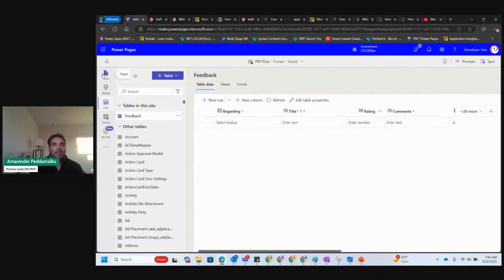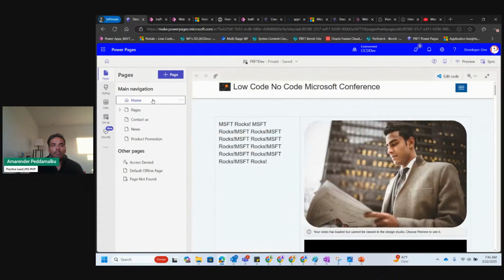So that's the reason I always recommend people to have at least 2 environments. That way you can make your changes in the dev environment and take those changes to the production environment. So again, you can deploy things through solutions and different command line interfaces, but sync is not to sync your changes that you're making on the website. Sync is to get the tables into your website.